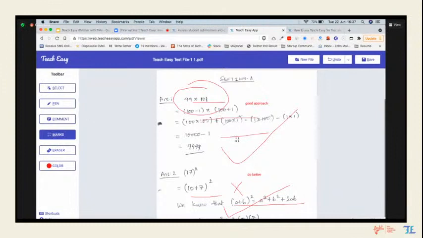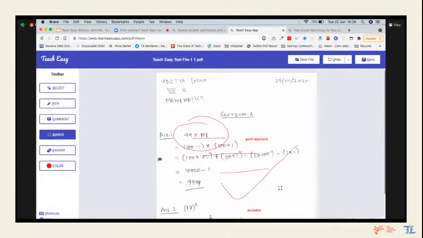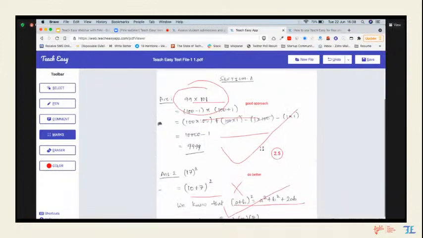When you select the marks tool, you will see 1 2 3 4 appearing in front of your PDF. I'll click anywhere I want to give marks and I will give marks. You'll see even decimal marks are supported, and a circle appears around those marks, which gives that feeling of how teachers do physical checking. Let me give another, let's say 4 marks, to this.